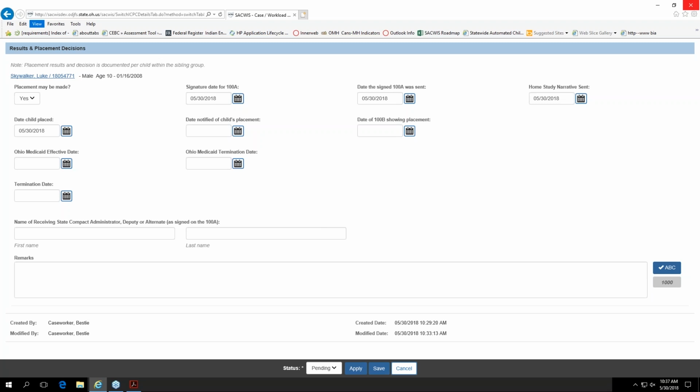Okay, we have a question about whether we should start Ohio Medicaid if the child is placed with an approved relative, not a foster home, and the placement is non-reimbursable. Again, I am going to give my not a Medicaid expert disclaimer, but what I was told is that the child doesn't necessarily have to be 4E. However,